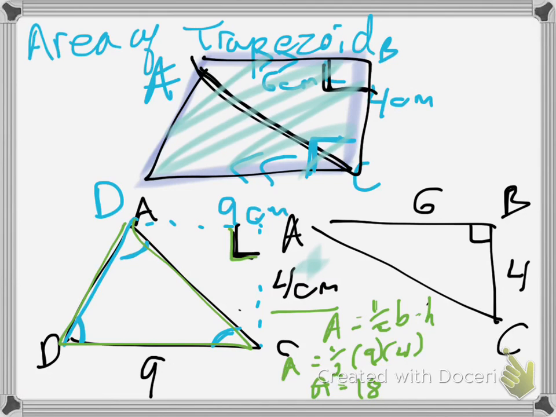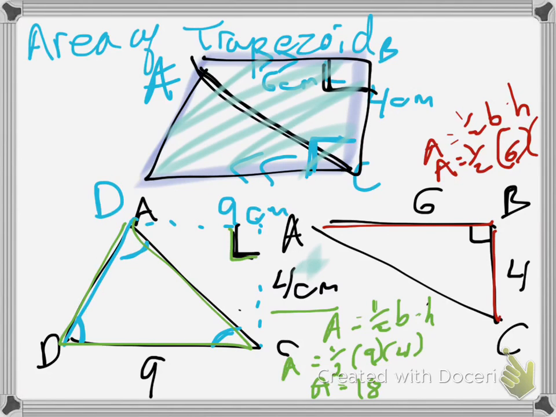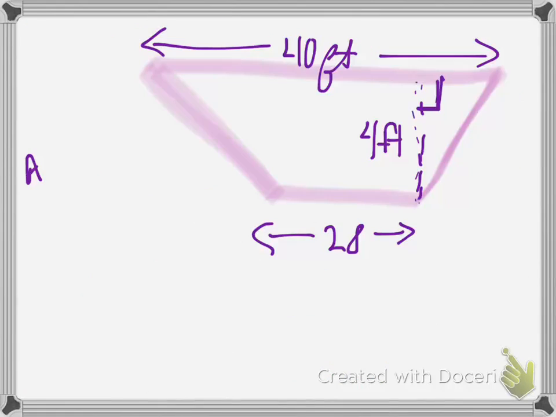Over here, for triangle ABC, you know that area equals 1/2 base times height. So area equals 1/2. Your base is 6 times your height of 4. So your area equals 6 times